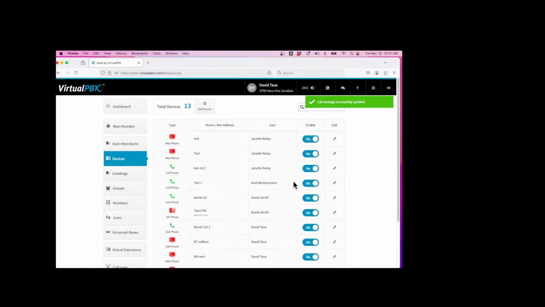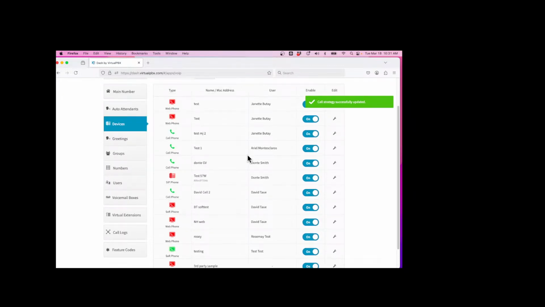Devices shows your devices on the account. A red device means it's unregistered, so we can't send calls to it. A green device means we can. For your VoIP phones, under the little wrench icon here,